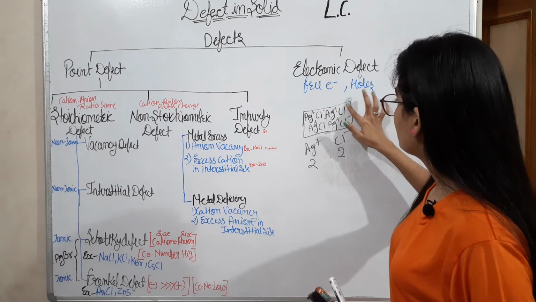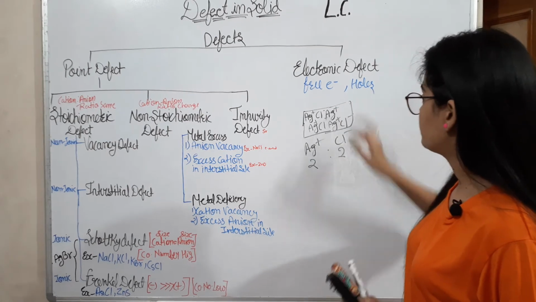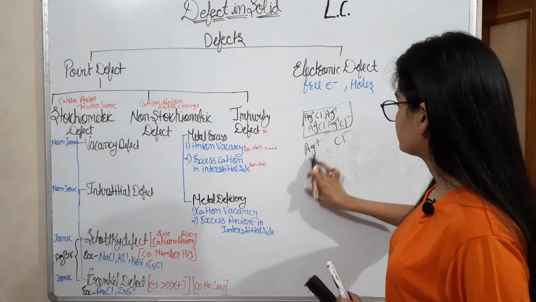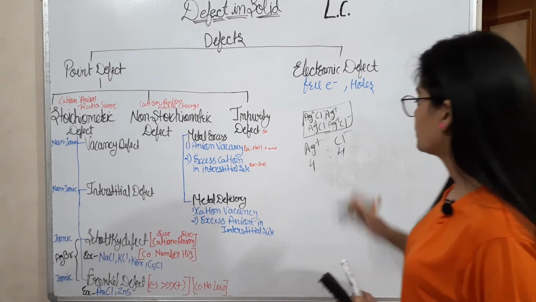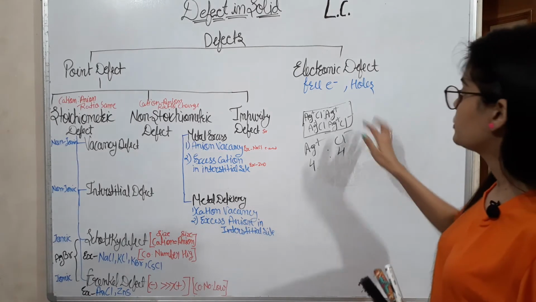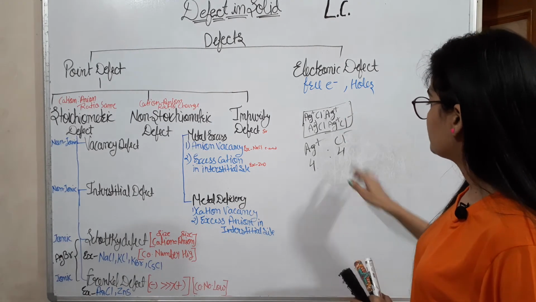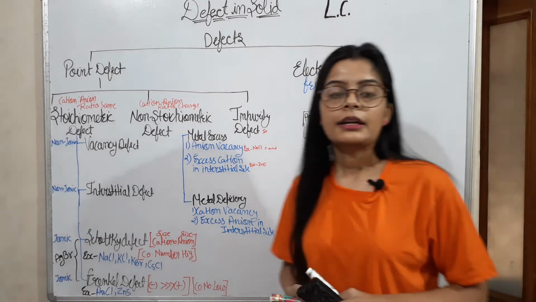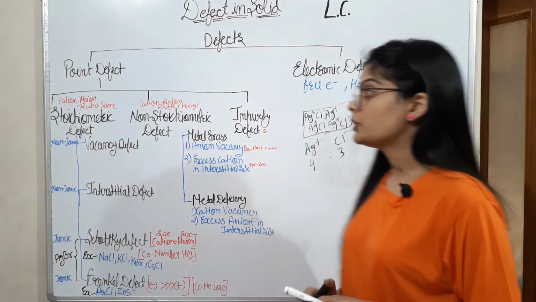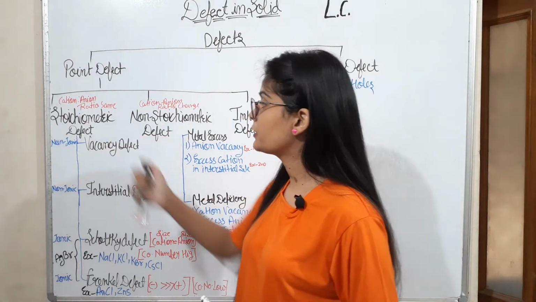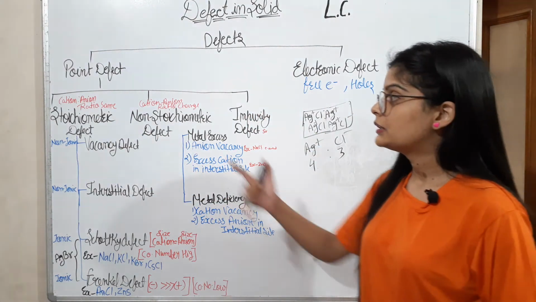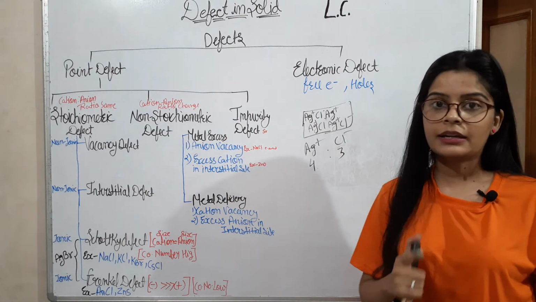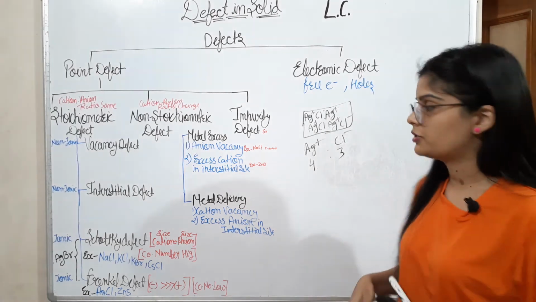And if there is removal of any one kind of anion or cation, if there is removal of an anion, okay, it was 4 and 4. If there is removal of an anion from here, then 3 anions remain. So here the ratio between cation and anion has changed. So in stoichiometric defect, the cation-anion ratio remains the same, and in non-stoichiometric defect, the cation and anion ratio gets changed.